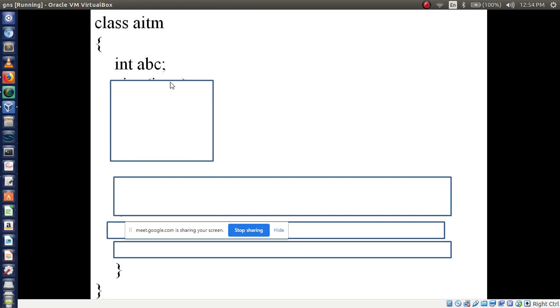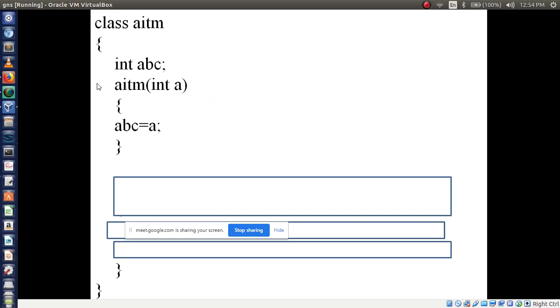Now after this, how to create a constructor? You tell me. How to construct AITM? It is a parameterized constructor. So inside what I have to write? Int a. So the constructor name is AITM, then parameterized. It is parameterized, so I am writing int a.